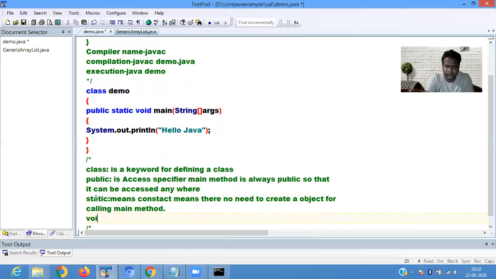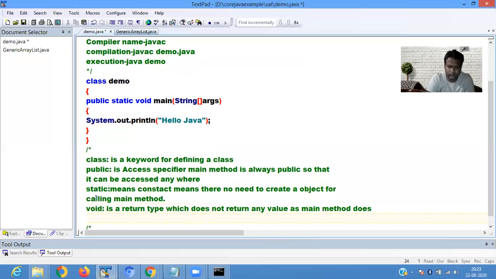Void is a return type which doesn't return any value, as the main method doesn't require returning any value.